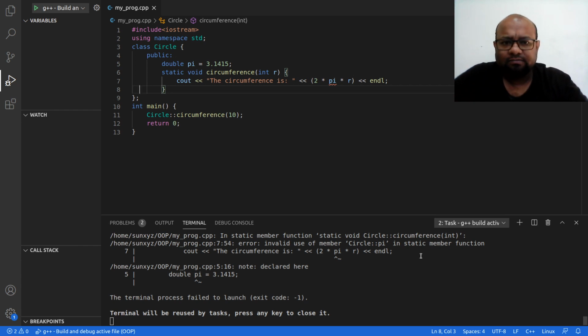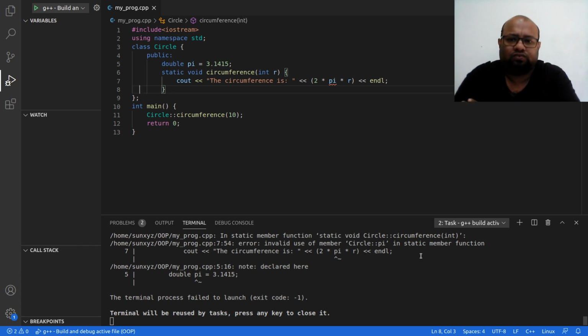Do you see the problem? I am trying to access something that does not exist. Therefore, I cannot access non-static data attribute inside a static function. Not only data attribute, I cannot even call non-static method inside a static method. I will show that, but let us just work with data attribute right now. We will talk about methods soon.